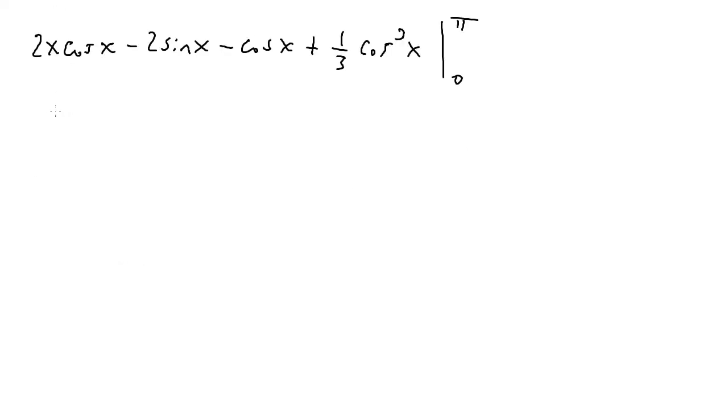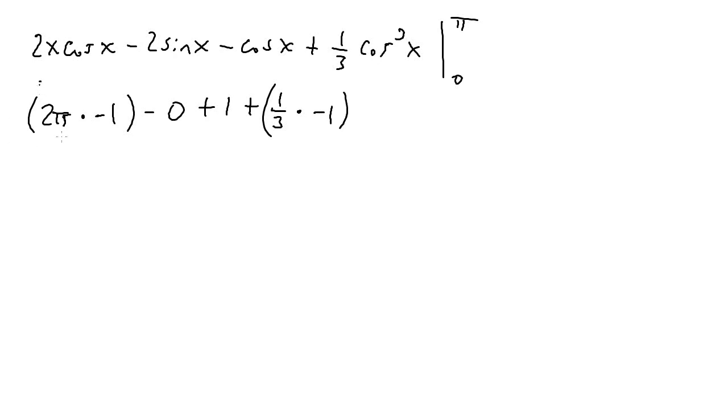So when I go ahead and plug in pi for x, we get 2 pi times cosine of pi, which is negative 1, and then minus 2 times sine of pi, which is 0, so that should be minus 0, minus cosine of pi, which is negative 1, minus a negative 1 would mean plus 1, and then plus 1/3 times cosine of pi cubed. So cosine of pi is negative 1, negative 1 cubed is negative 1, so we have 1/3 times negative 1,